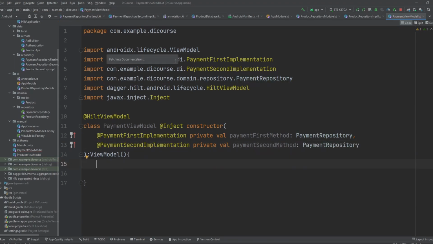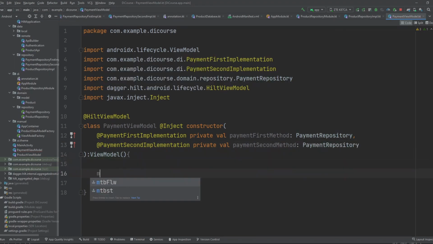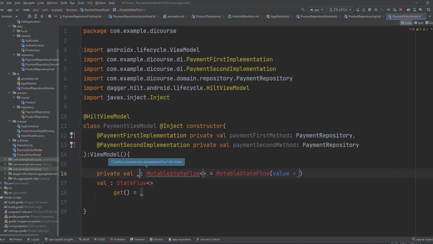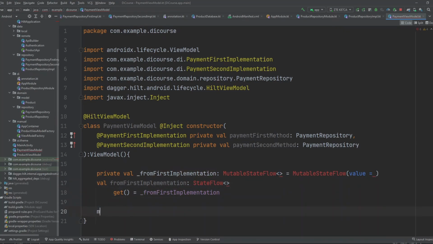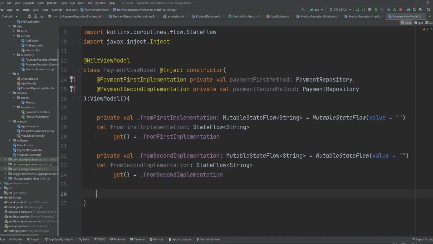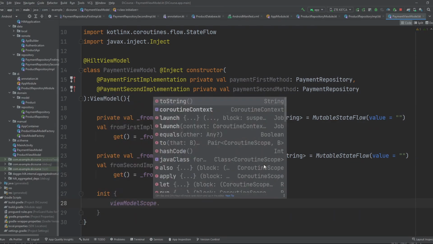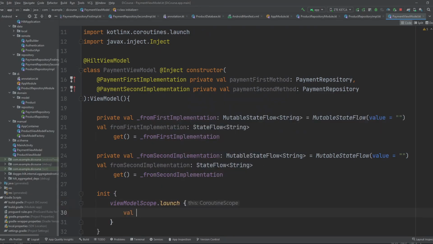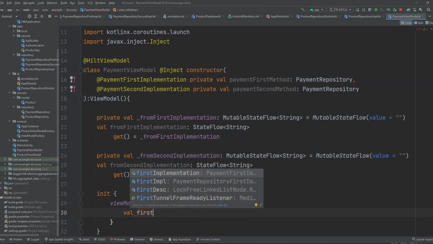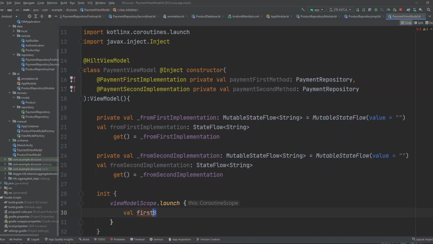We have injected payment first method and second method as usual. MutableStateFlow, let's name it from first implementation. Second one with the same thing, and I'm going to do, as usual, an init function just for testing purposes. It will be viewModelScope.launch. We're going to execute the functions independently. So I'm going to do first value or first job